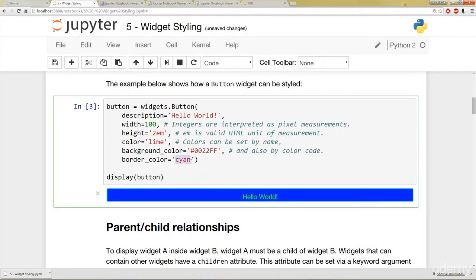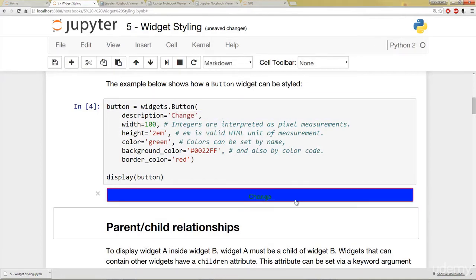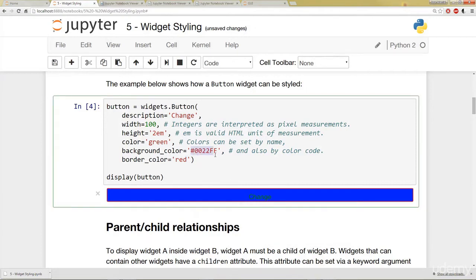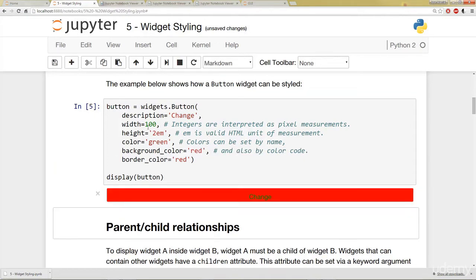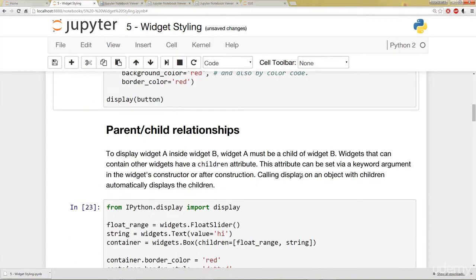Let's go ahead and change some stuff around so we can make sure it's actually taking effect. I'll set the border color equal to red. I'll set this color equal to green. I will change the description to say change. And now if we run it, you can see there are some slight changes there. You can also select colors by the color code, or again, just straight text. Now, not every single name will work, but most common color names will as strings. All right, let's go ahead and close that.